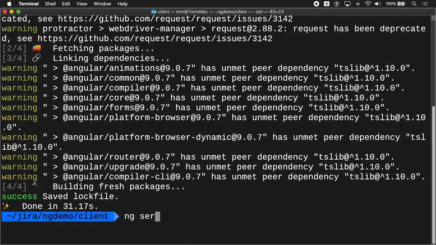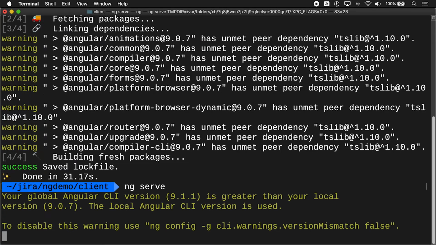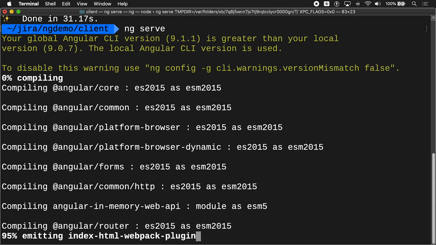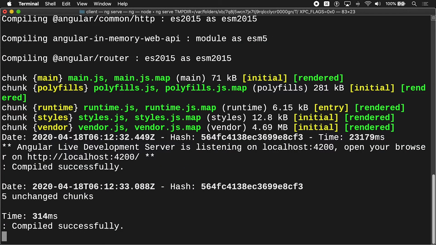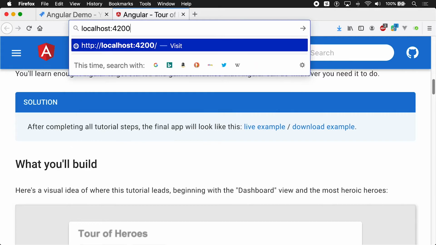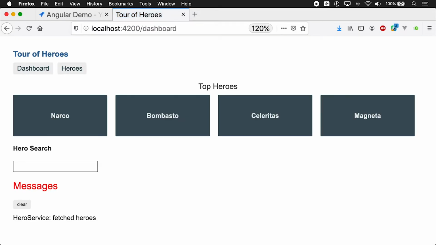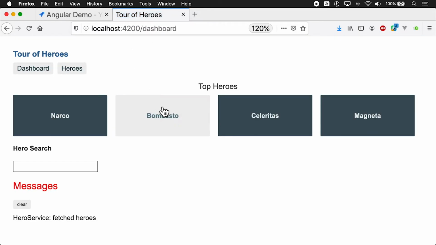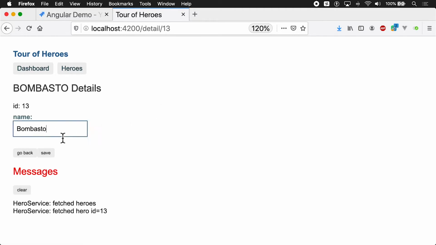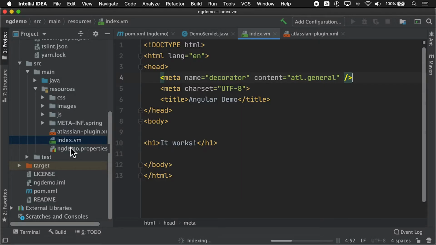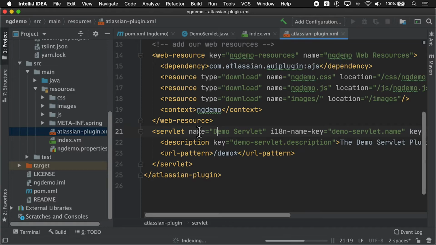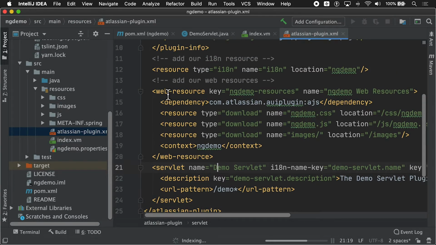Then we can run ng serve to test that the Angular project is working. When it's loaded successfully, we can browse to localhost:4200 and we can see that the Angular demo is working. We can look at our Atlassian plugin.xml file to see that Atlassian uses web resource keys to include assets in